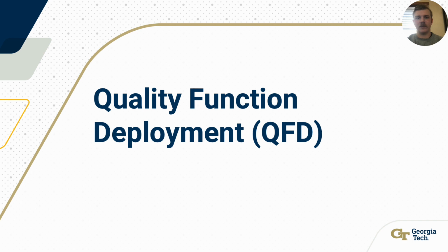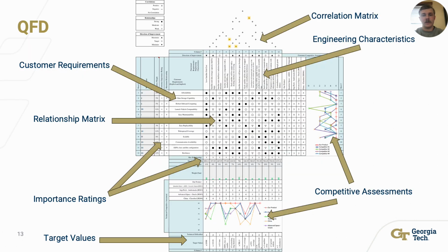Hello, my name is Joseph Rouse, and I will first be covering the Quality Function Deployment, or the QFD. So, for our purposes, the QFD was just a systematic approach to fully encompass all the things that our satellite system would contain. This includes the customer requirements, so what the customer wants us to do, the engineering characteristics, and using matrices to allow us to compare and contrast all of the things that we could think about in our